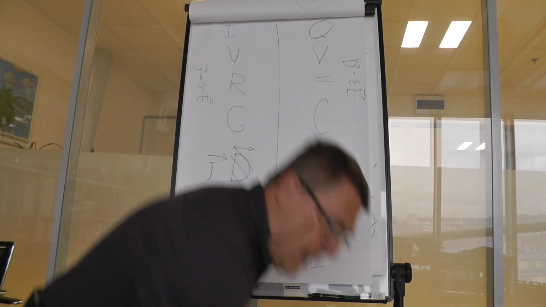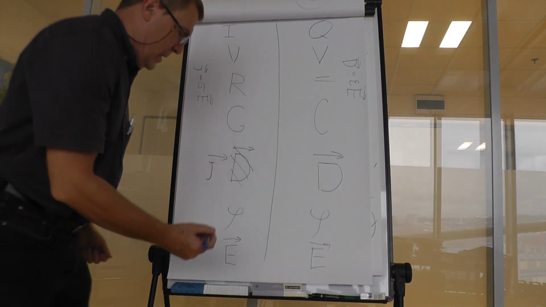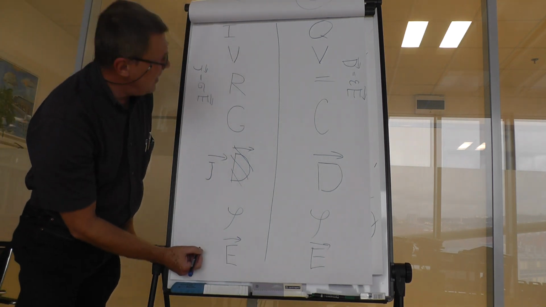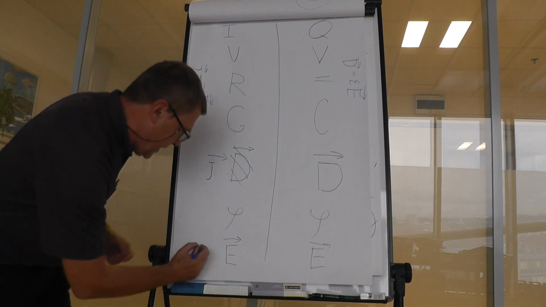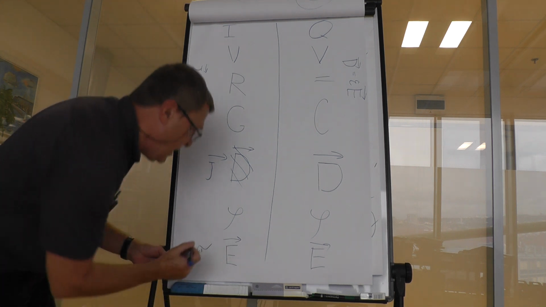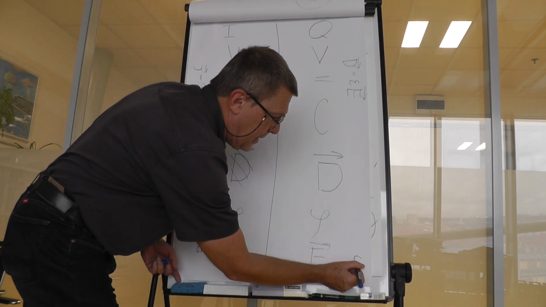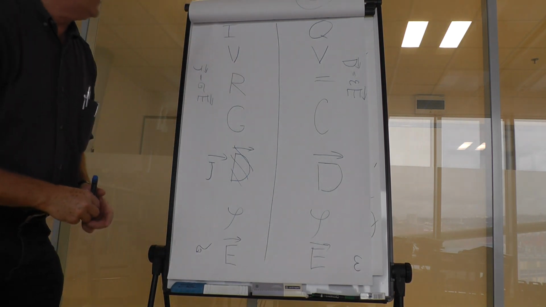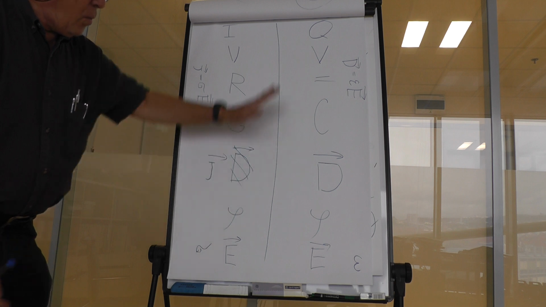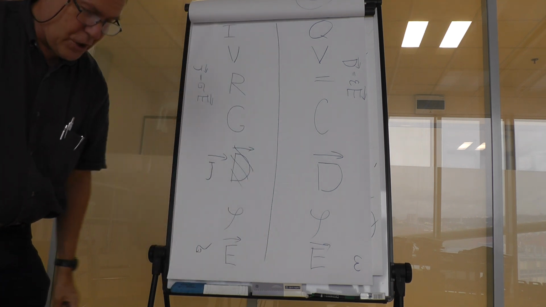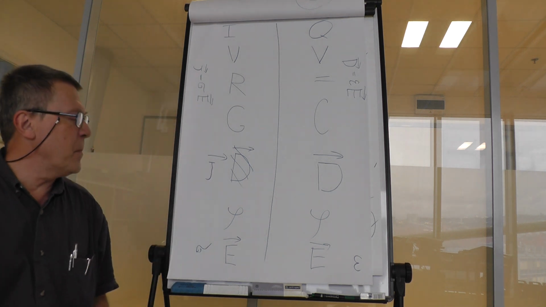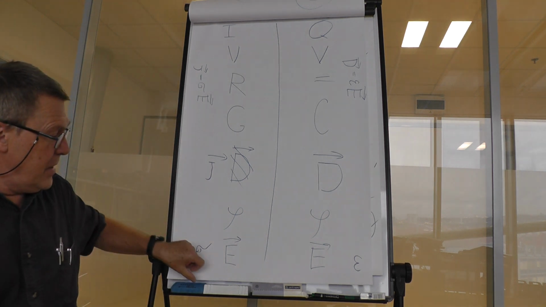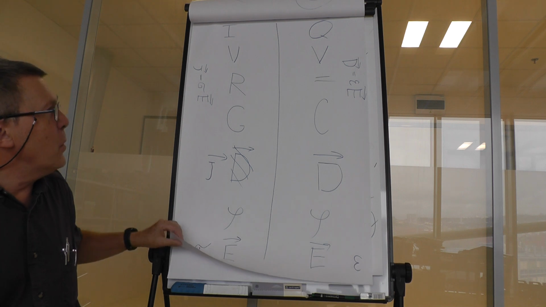We now know that we could substitute conductivity in this field and permittivity in the other. Now we have a table which can be used to translate equations, and that is something we will do,